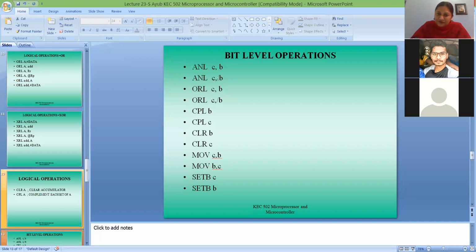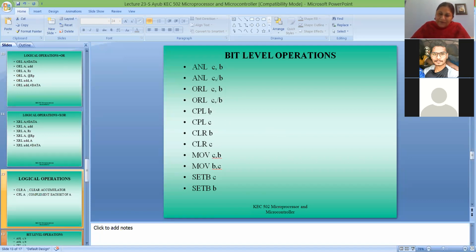Here first the bit is complemented. So if initially the bit is 0, first it will be complemented and become 1, and then it will be ANDed with the carry status. Here it is ORed: that bit status is ORed with the carry status and the result will be available in carry. Here first the bit is complemented and then it is ORed with the carry status.